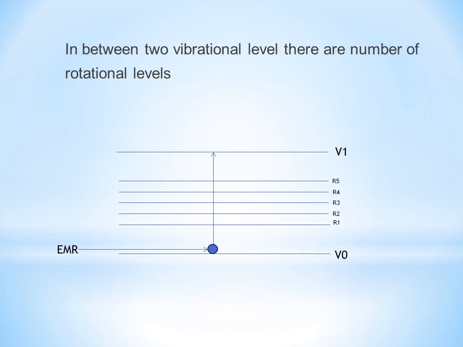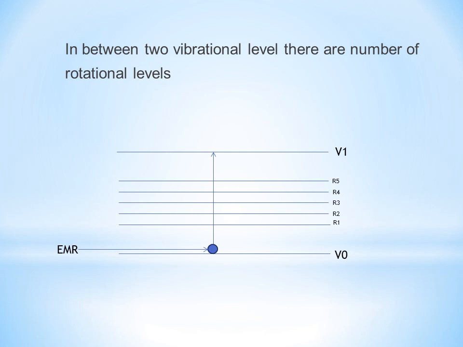This diagram gives us a representation of vibrational levels and rotational levels. Here there are two vibrational levels. V0 is the ground energy level and V1 is the excited state energy level. But in between these two levels there are 5 rotational levels. That means these 5 rotational levels are closely spaced levels, and whenever a molecule is exposed to EMR,